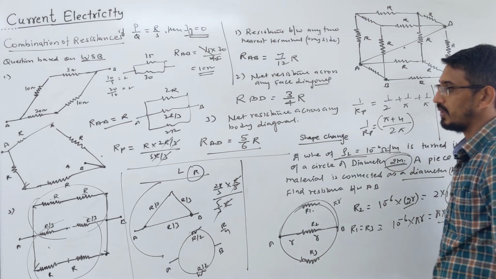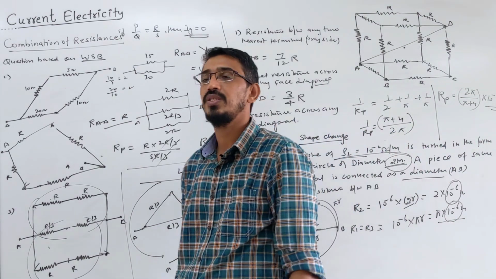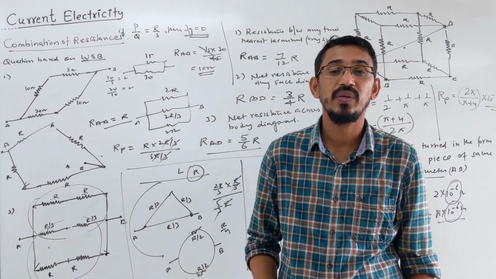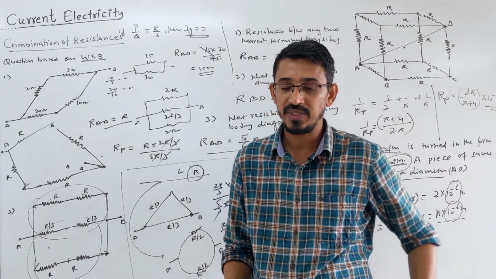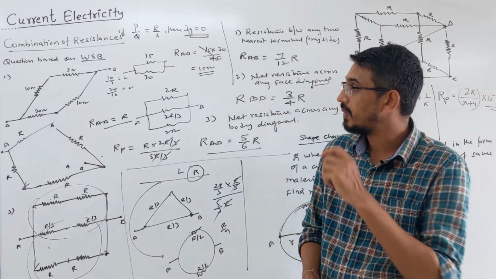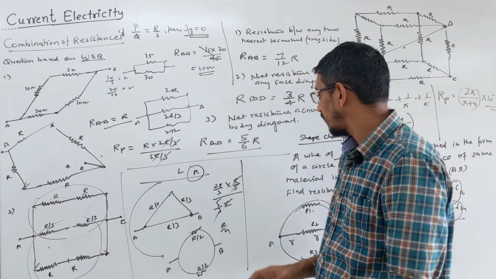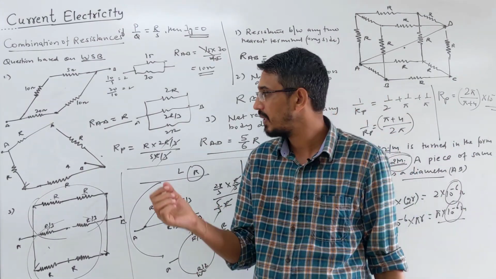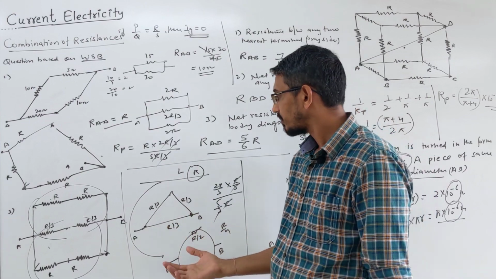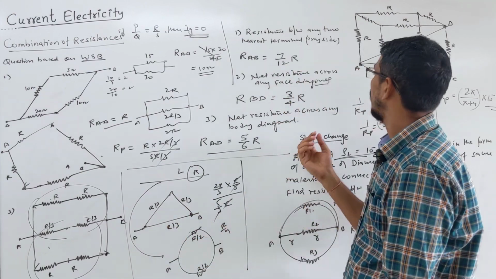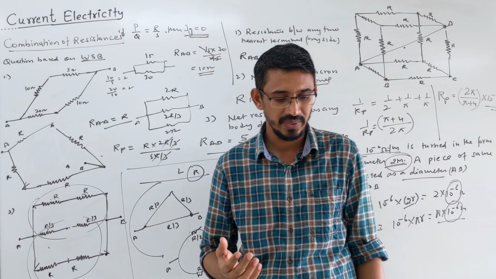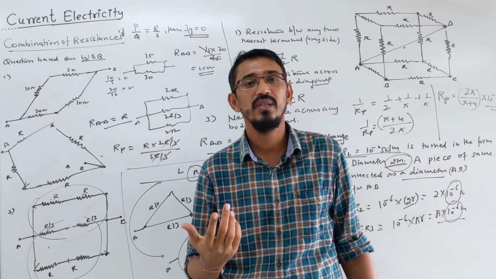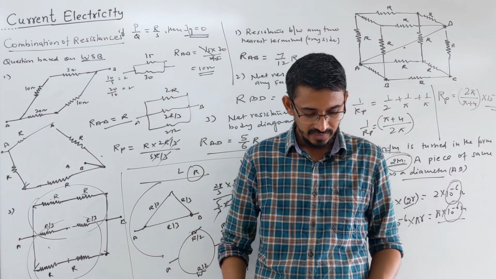Okay, so these were all the questions based on the combination of resistances, okay? Hope you understood them. So you can practice from exercise 1 completely till this topic, and if you have any doubt, please mention it in the comments. If you need more examples, if you're not understanding yet, I can discuss more examples. I'm giving little difficult questions just to help you understand. In the exam they ask very simple questions, okay? So this idea will be more clear when we learn the next topic, which is Kirchhoff's law, okay?